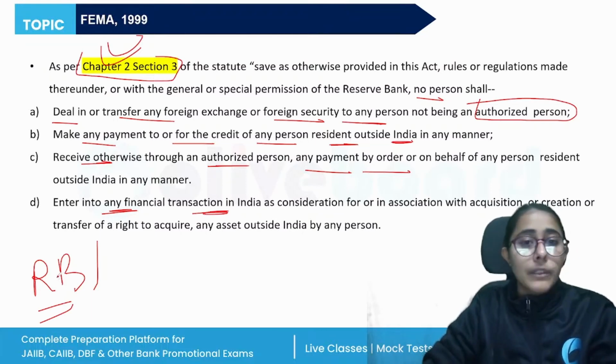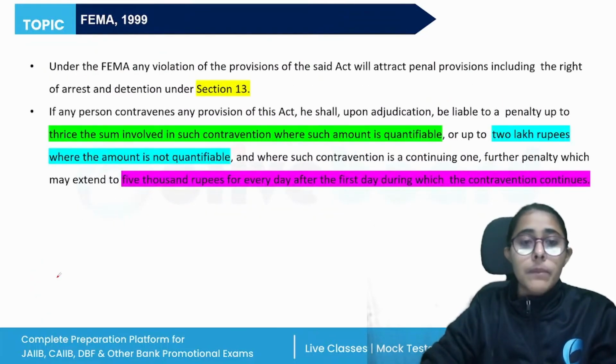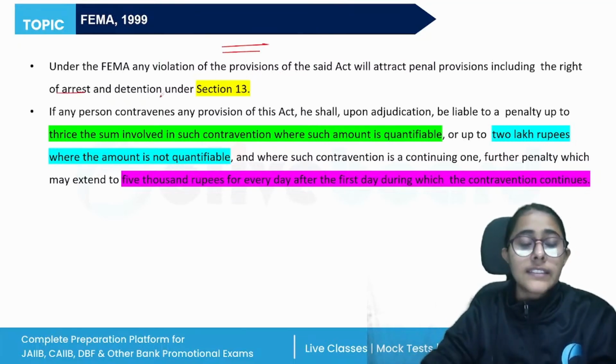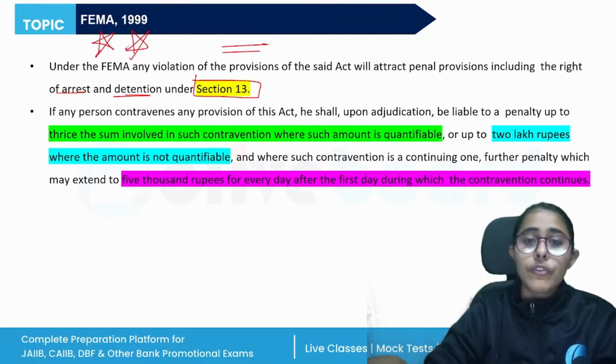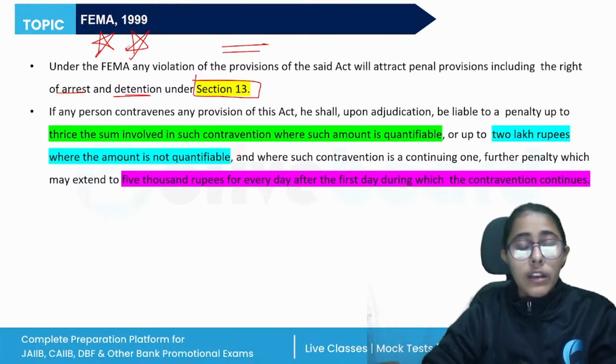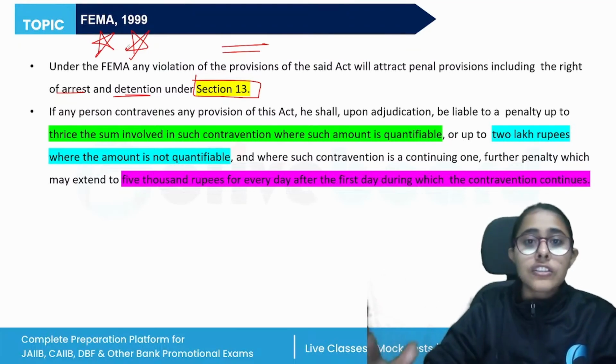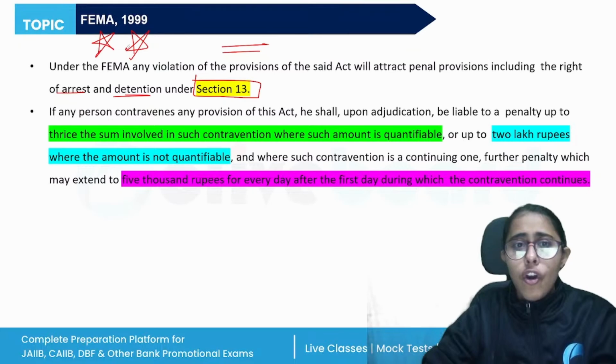Then another important provision is the penalty. The penalties, including the right of arrest and detention, are given under section 13 of the Act. Very important. The FEMA Act says that if there is any violation of the provisions of the Act, or any rules or regulations, or contravention, then this person will be